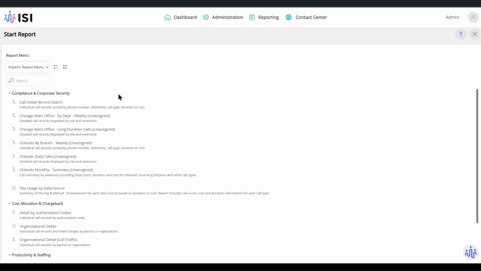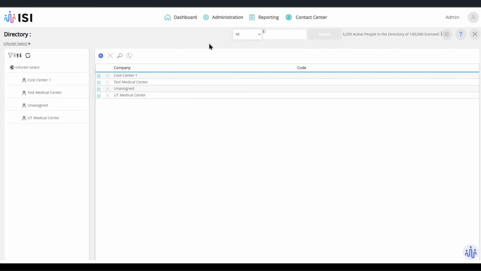So let's switch gears for a moment from the report menus and let's talk about your administrators and your users. And so how we're going to manage that is actually under directory. Now, again, directory is a module that may not be granted to your account. So if you're following along and you don't have access to this, it may be something that was configured by your administrators. So don't worry, you can always ask your administrators about these features.